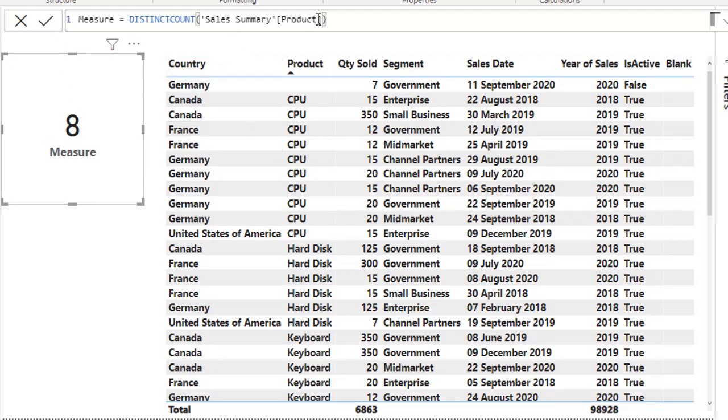If we try country, then there are 6 countries. If we try is active, there are 2 because there are only 2 values, true or false.